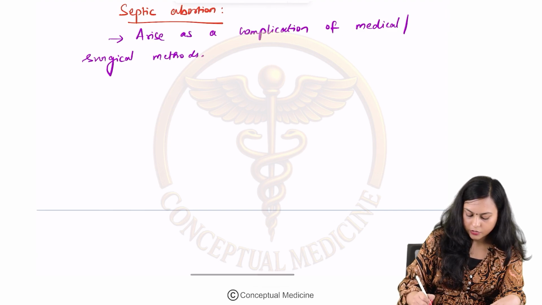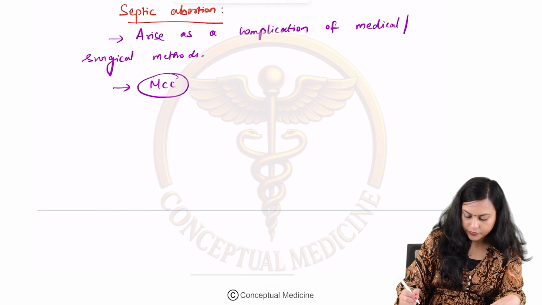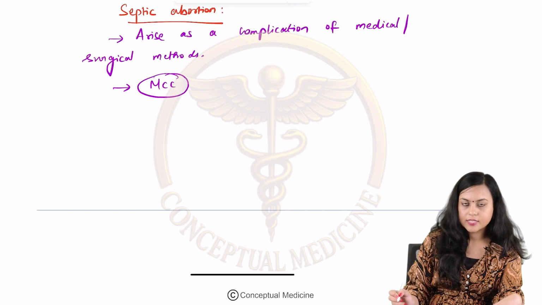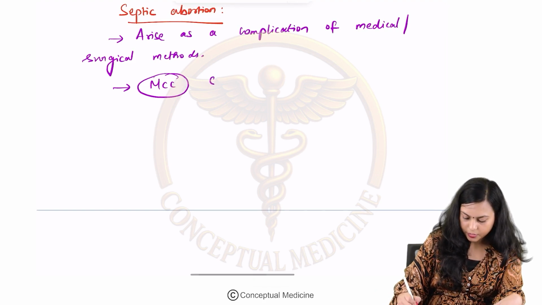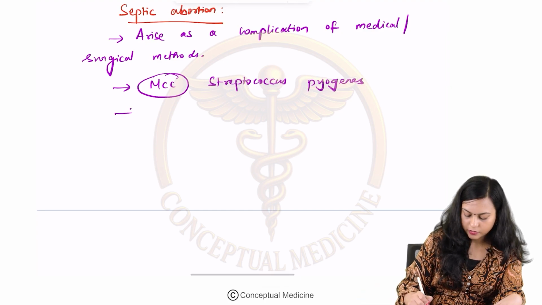Okay, usually the most common organism that is causing infection in septic abortion is Streptococcus pyogenes. Understood? And the features include, there can be complaints of high degree of fever,